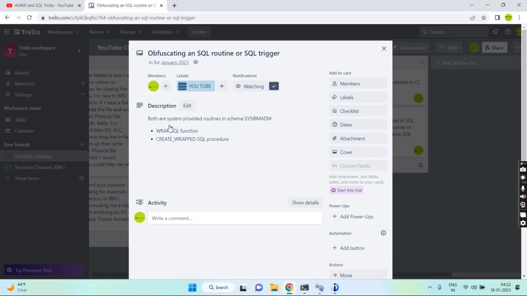So this was the demo for obfuscating an SQL routine or an SQL trigger. Here I took the example of an SQL procedure. You can create an SQL function. You can pass this function as a parameter